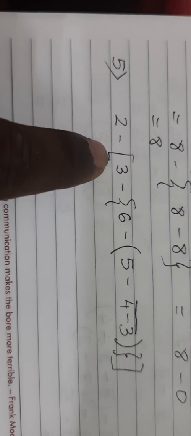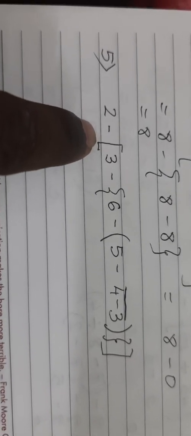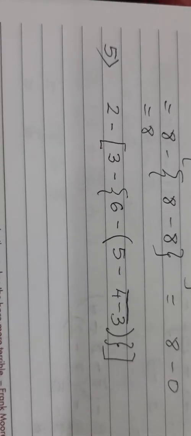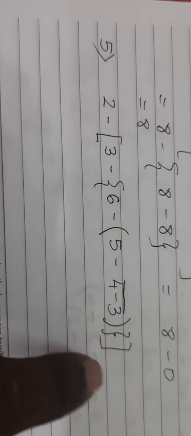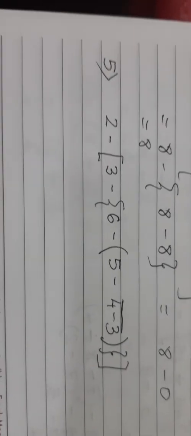Question number 5. Now in question number 5, for the first time we have been introduced to bar brackets, or third bracket. So all the three kinds of brackets are here. First bracket, second bracket, and the third bracket. And in addition, there is one more. This is called a bar. A line, you can see a line is drawn just above 4 minus 3. That means, leaving all the rules aside, we will first solve that portion on which this line is there. On 4 minus 3, above 4 minus 3 the line is given.